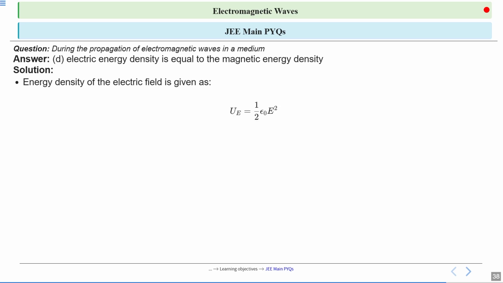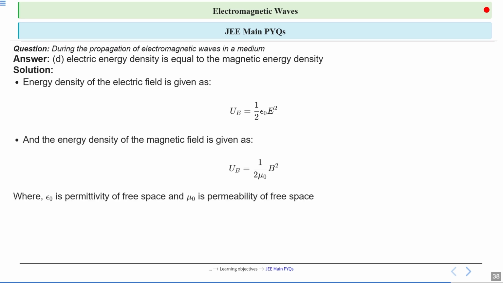Okay, so the electric energy density of the electric field is given as U is equal to half epsilon naught E square. We have discussed it in the additional topic for NEET and JEE. And the energy density of the magnetic field is given as UB is equal to B square upon 2 epsilon naught. Okay, so we have to prove this. We have also done the proof in the NCERT exercise, where there was a question to prove they are equal. Again, we are doing this. So epsilon naught is the permittivity of free space and mu naught is the permeability of free space.